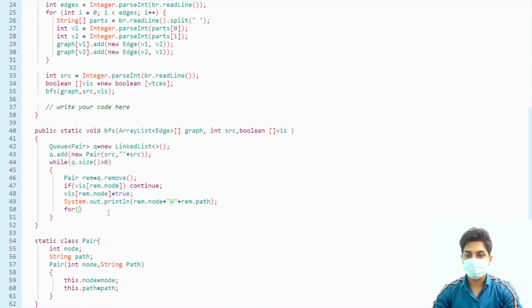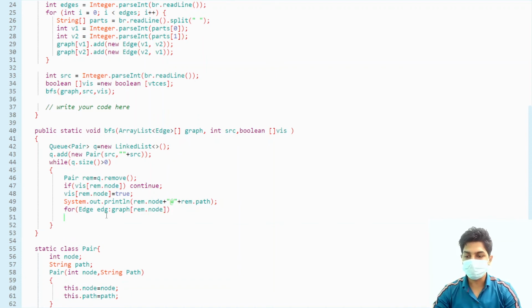So for edge edg in graph of remove dot node, if the node is not visited, that is visited is equal to false, that means the node is not visited, then add that node into the queue, and the path will be the path for the removed node plus this element dot neighbor.